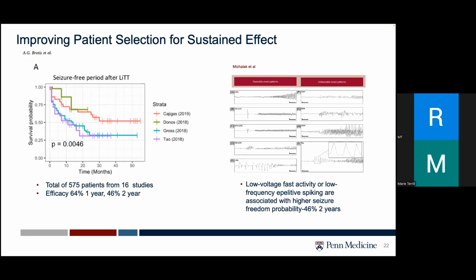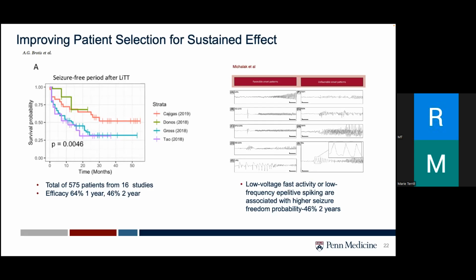Now, this is a retrospective review of about 58 patients where our center was involved with 5 other centers, including Columbia, where we looked at patients with mesial temporal lobe epilepsies with and without MTS who underwent stereotactic laser amygdala hippocampectomy after a stereo EEG was conducted. The primary outcomes were stratified on seizure onset patterns.